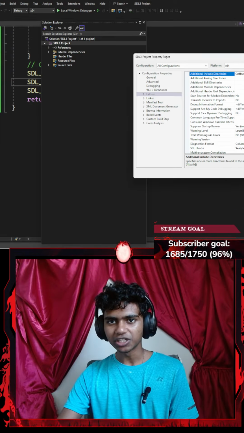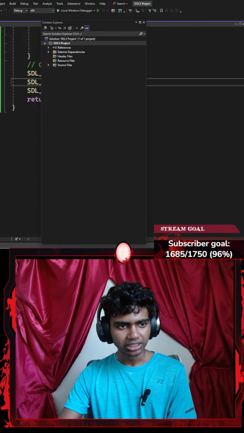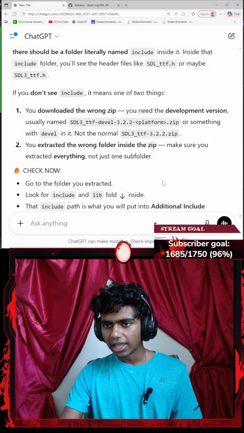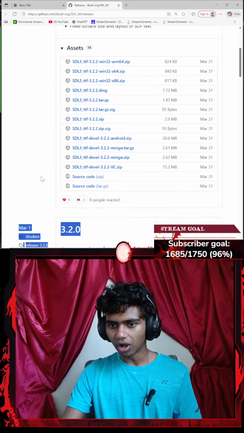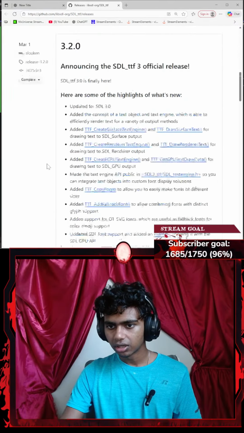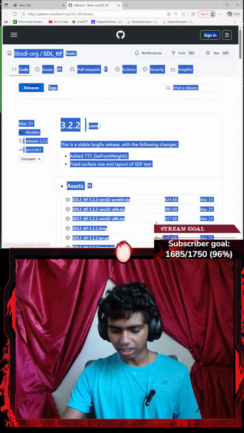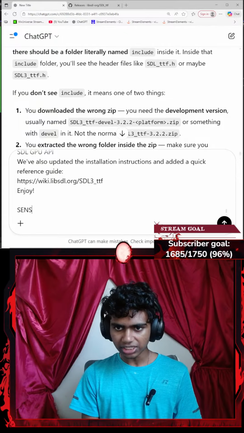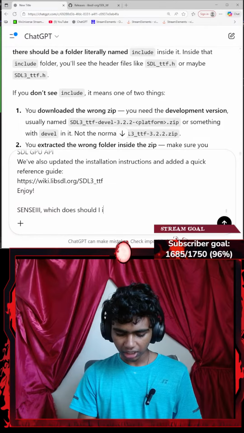Let me actually cancel this part for the time being, and even cancel this for the time being. Let's get Sensei/ChatGPT up here real quick. Let me go ahead and copy this, or just say everything that I see. Let's show all 14 assets. Now let's copy everything here. Get Sensei/ChatGPT, paste it, go with Shift Enter and say something like, which one should I install,